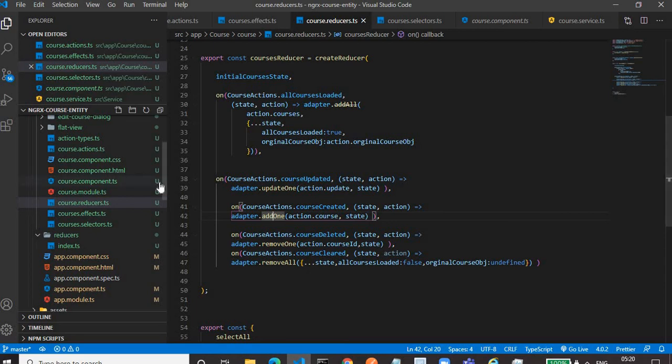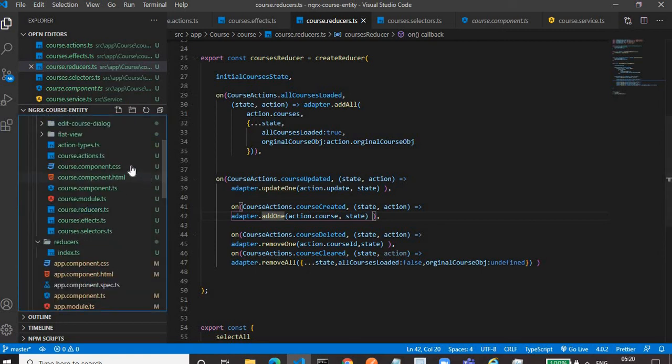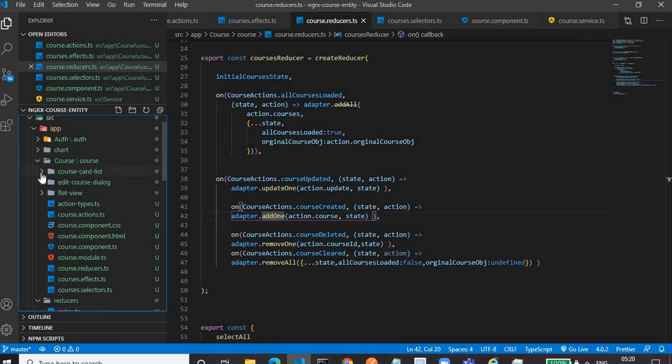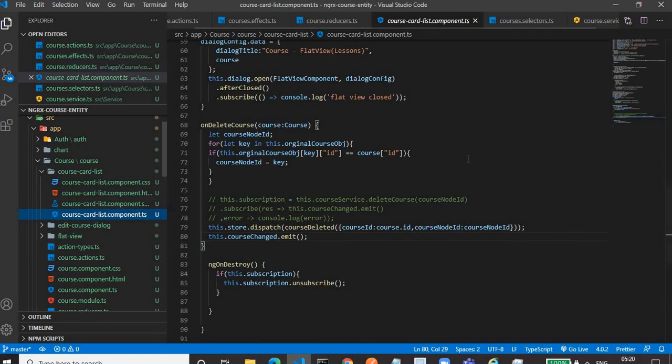In the delete functionality, we are calling the delete in the course card list, on delete course. Here it is not finding this course object. So the post node ID is undefined, it is saying.